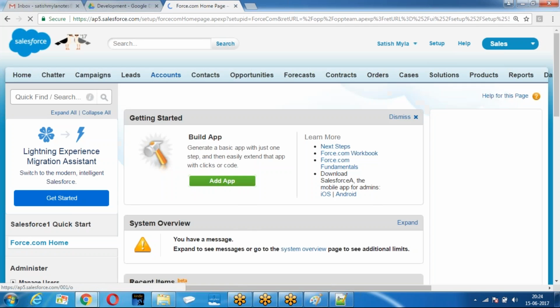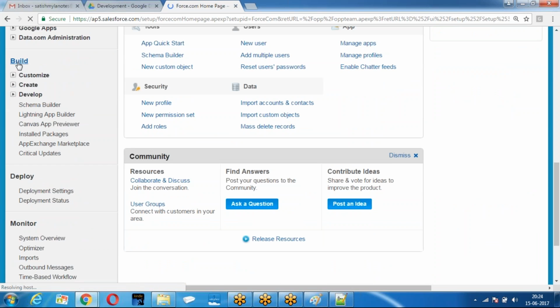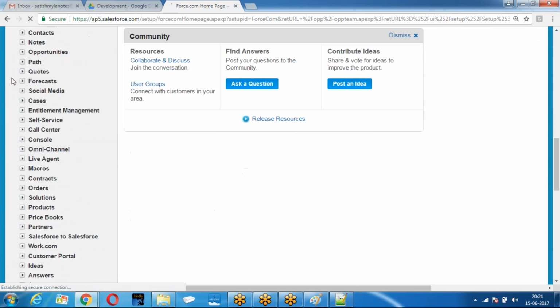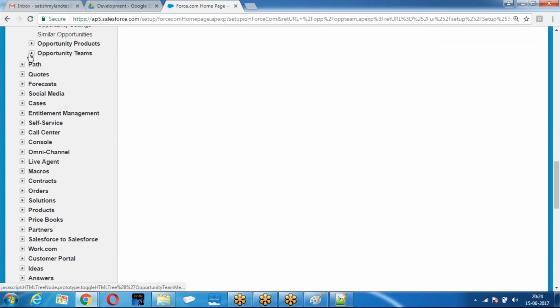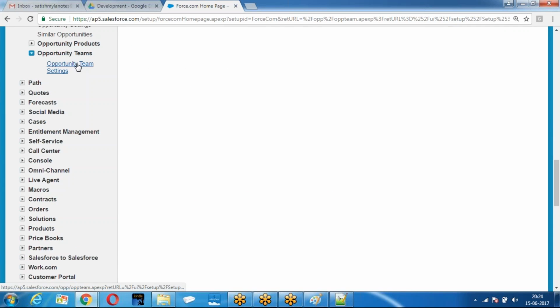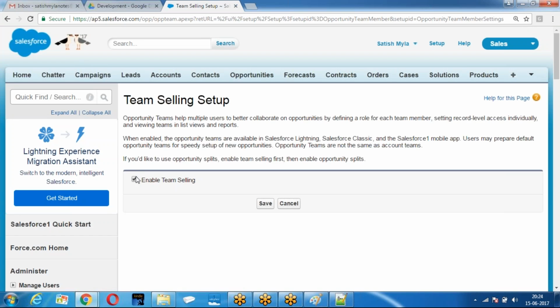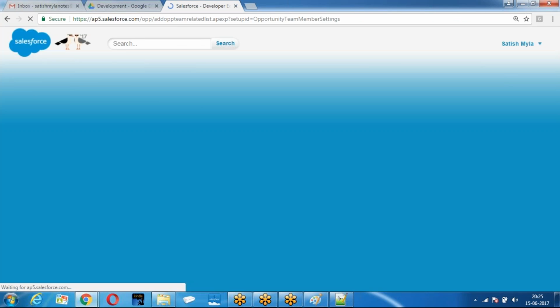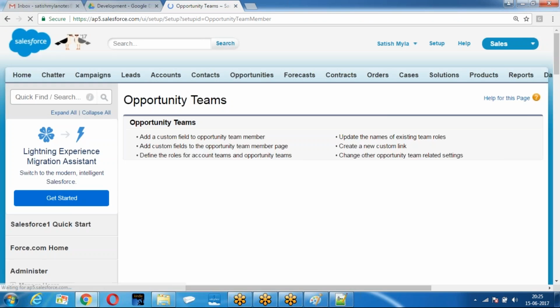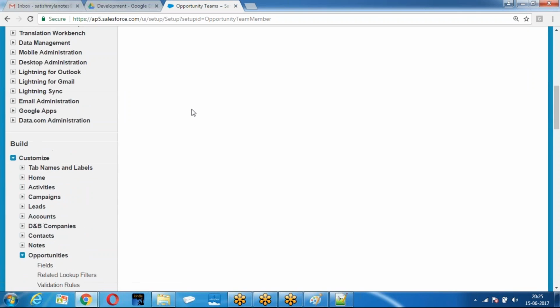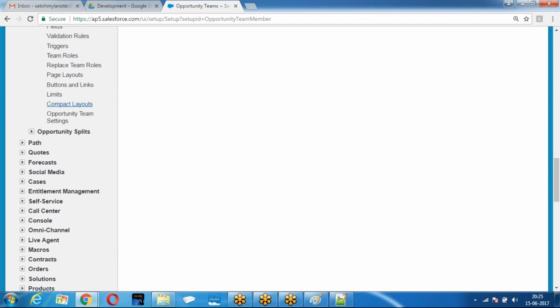Set up, build, customize, opportunity, teams, enable the setting. Add that to every page name. Then we are done. So when you go to the team members, then you go to see what are the